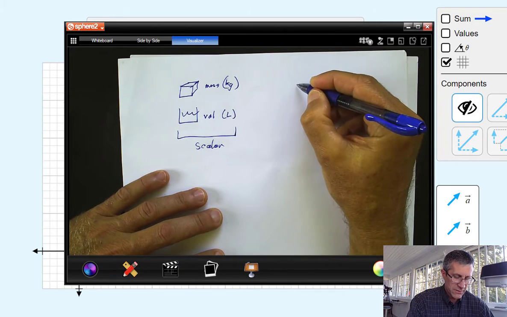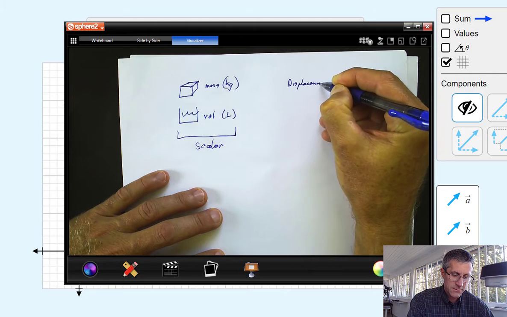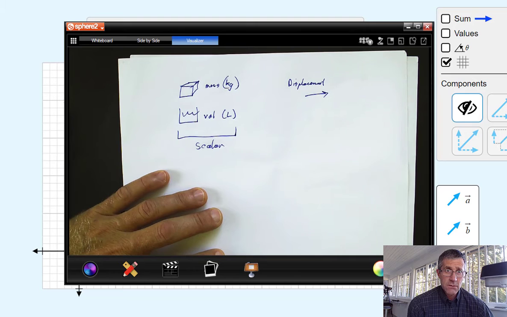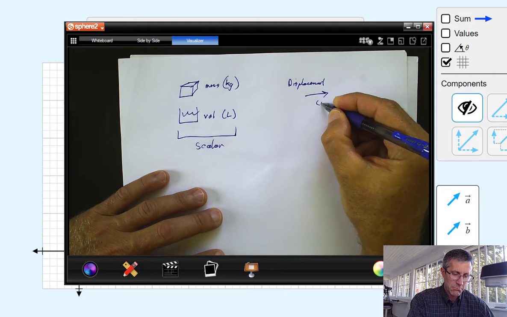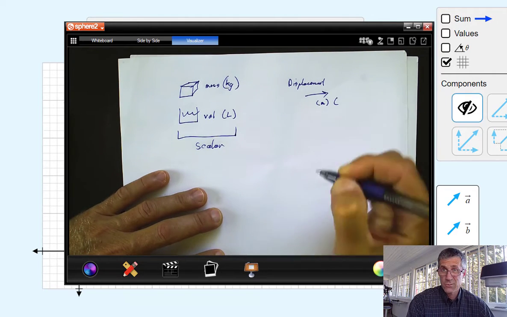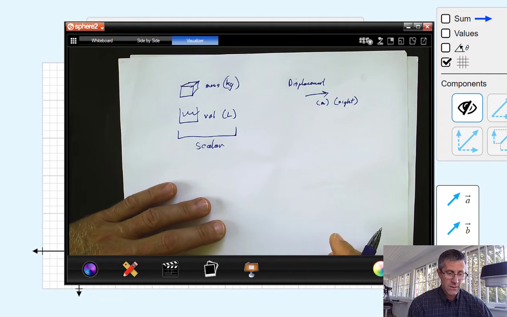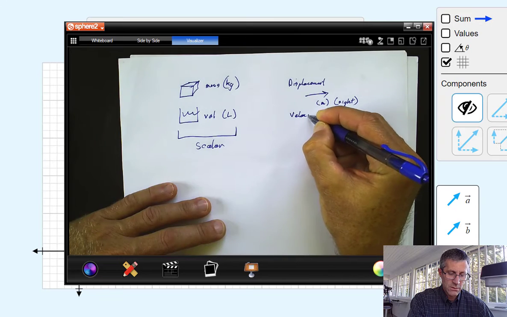So if I'm going to have a displacement, if I travel from one place to another, I go some distance and then in a particular direction. So there's a combination of both a number and a direction. In this case, displacement is going to be measured in meters, and then I'll just say what I'm going to call this, to the right. You get to decide your coordinate system, how it's going to work. And we're going to have other things. So velocity is going to be